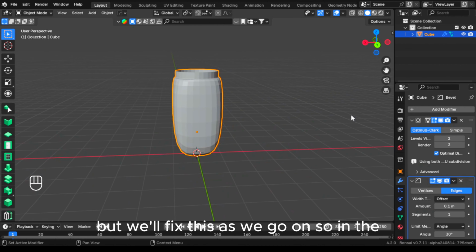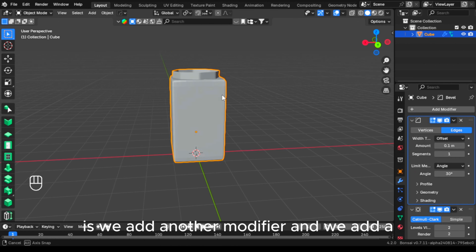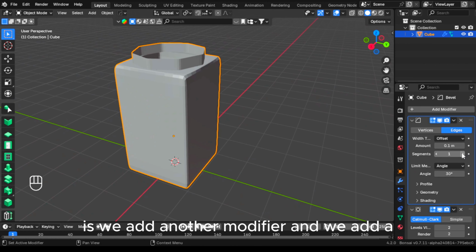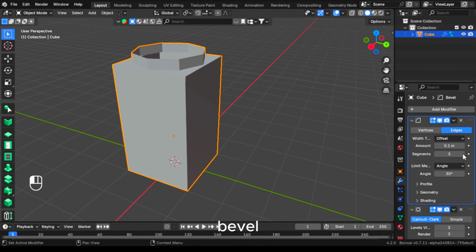And go to the subdivision surface modifier so now it transforms. You see it looks weird now, but we'll fix this as we go on. So for that, we add another modifier and we add a bevel. And with this bevel we can, if we play